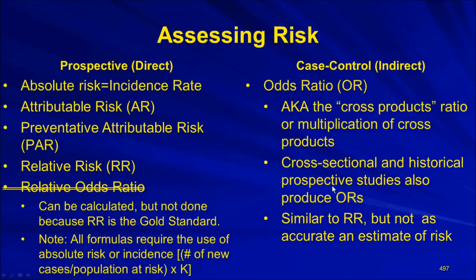Cross-sectional and historical prospective studies also use an odds ratio, and an odds ratio is similar to relative risk, but it's not as accurate an estimate of risk, but it's the only calculation that can be made from